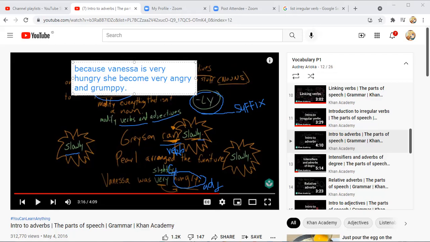Karena Vanessa itu sangat lapar, dia menjadi sangat marah dan juga sangat